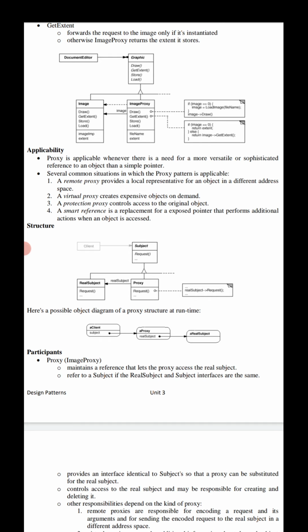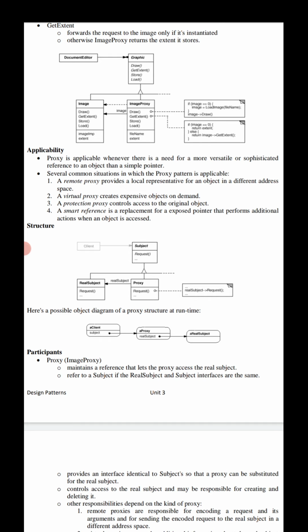We also check that the real object is locked before it is accessed, to make sure that no other object can change it. Coming to the structure representation, this shows how the classes and objects interact and correlate to carry out their particular responsibilities.